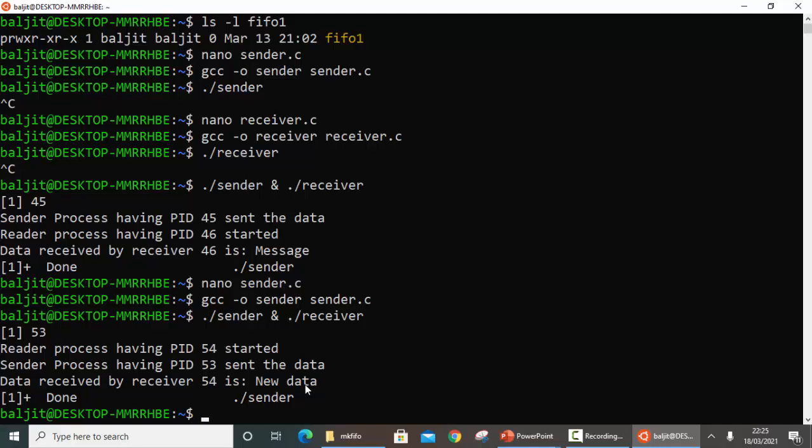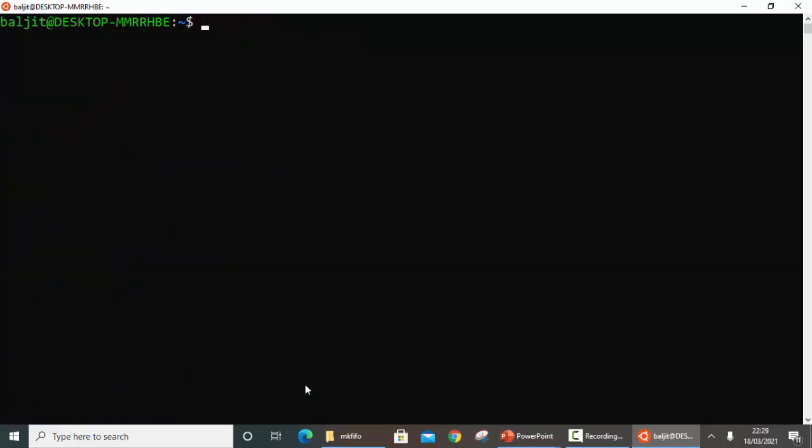Okay, hence we have completed the communication between two processes using named pipes or the mkfifo function. Now the next thing that we are going to learn is how to run these processes, the sender and the receiver, in the non-blocked mode. That is, you don't care whether both the processes are there or not. The sender must send the data. If the receiver is there, fine, and if the receiver is not there, then also the data should be sent by the sender process. So nothing much to be done.